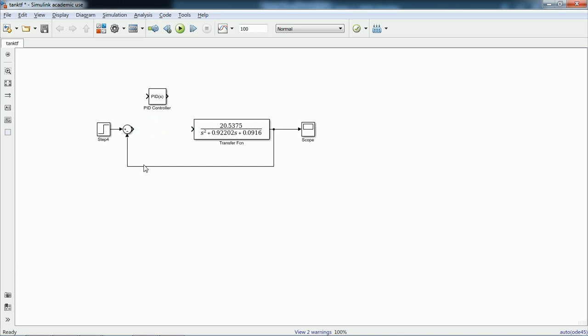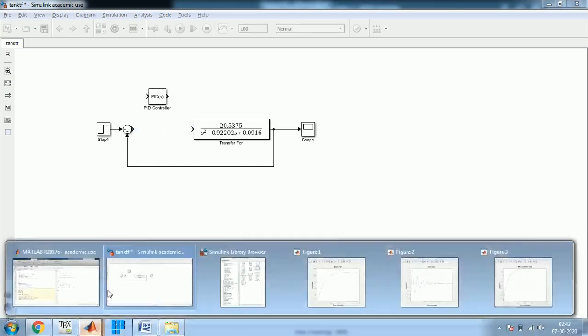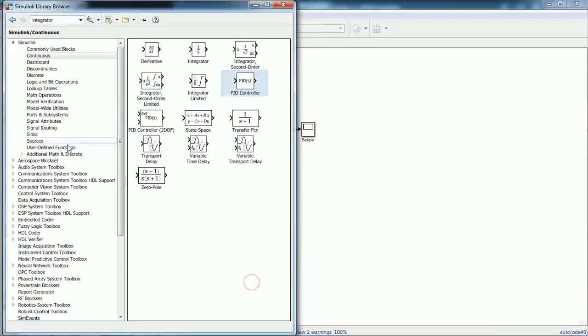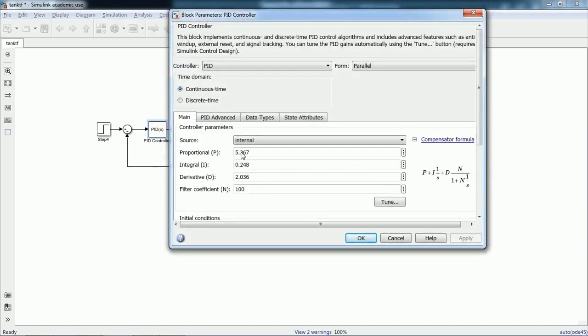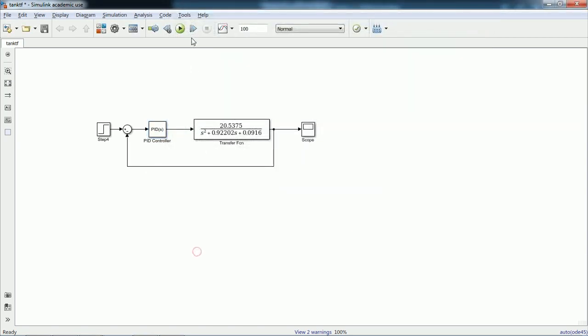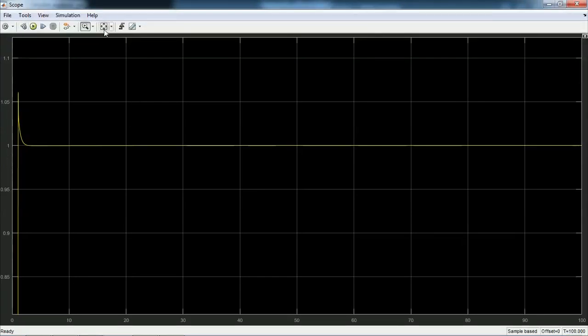Now we will include a control action. You can find the PID control block in the Continuous section of the Simulink library. After introducing the PID controller, we'll check the response. As you can see, you can enter PID values here. The same values have been entered here also, just to show.